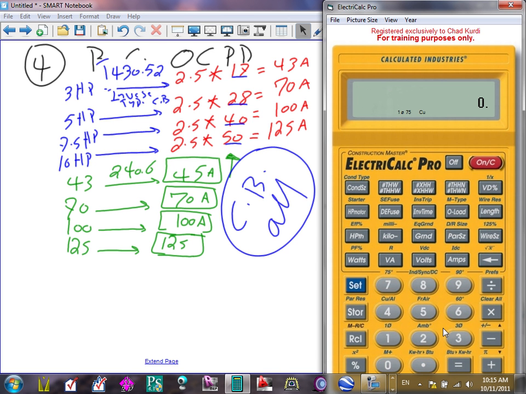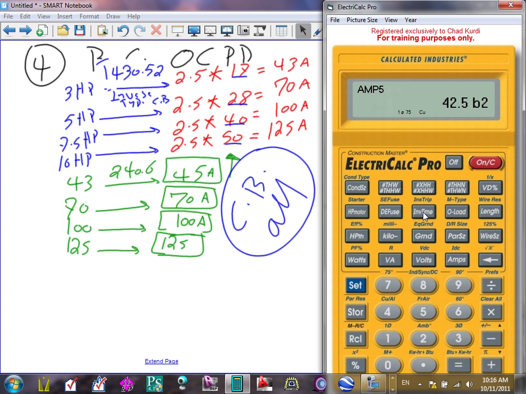So let's put in my 3 horsepower. Here's my 3 horsepower, and I need an inverse type circuit breaker. Can you guys see the inverse? Hit the inverse. What do you get? 43 amps. What did we get here? 43 amps. The calculator actually does not find the 45 amp fuse for you, because the 45 amp fuse or